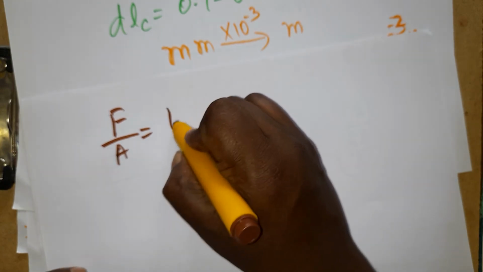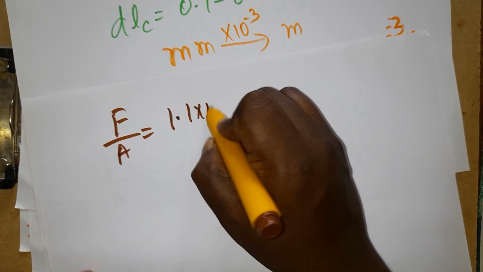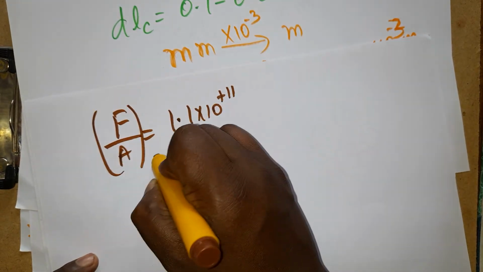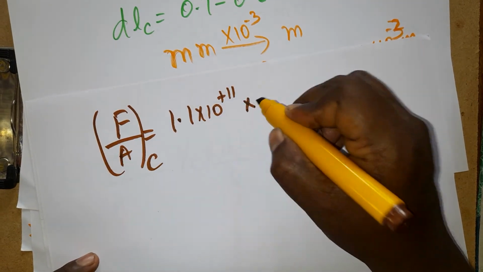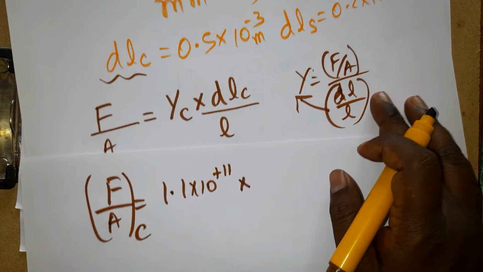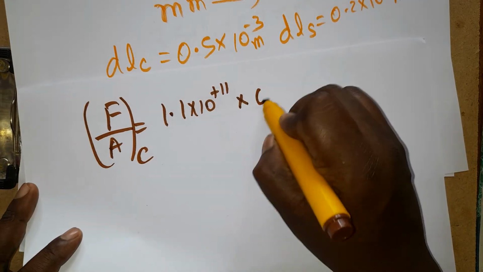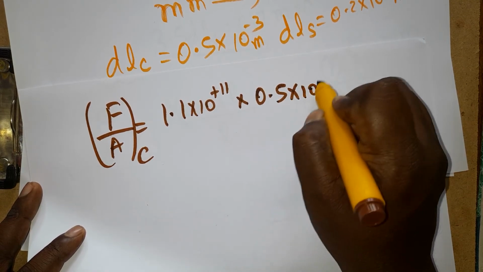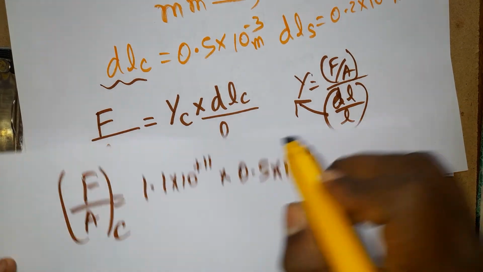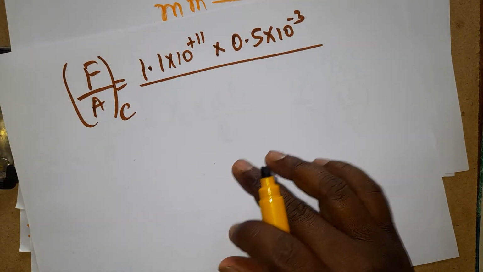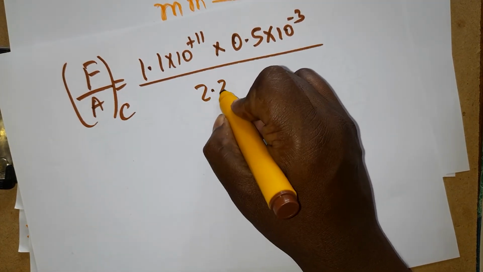Young's modulus of steel wire is 1.1 into 10 power plus 11. Okay, sorry, copper wire. We are doing copper wire, not steel wire. Then the next one, what we have now, we got this value. Changing length is 0.5 into 10 power minus 3. Original length of the copper wire, the actual length of the copper wire, is 2.2